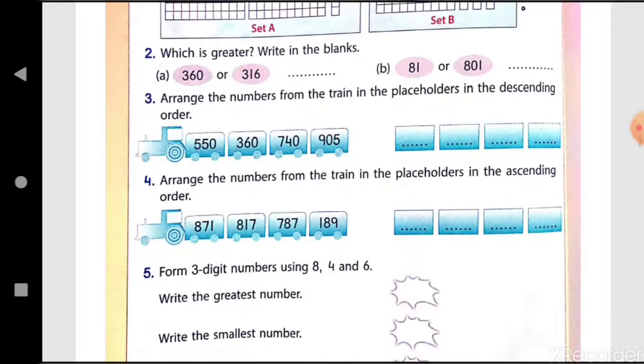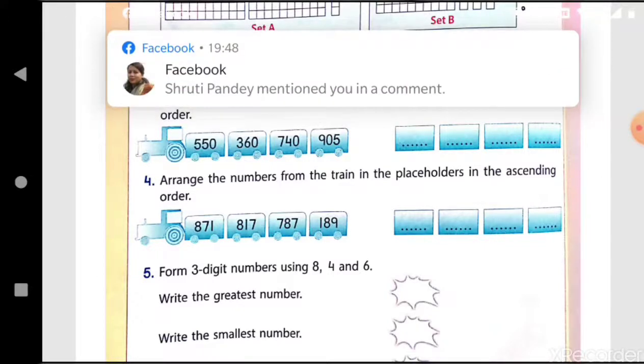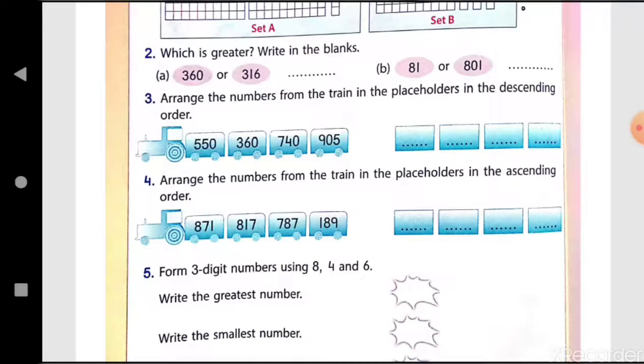Now next is arrange the numbers from the train in the placeholders in the descending order. Descending order is decreasing order. That means writing the number from greater to smaller. So out of these 4 numbers, 550, 360, 740, 905, we compare the digit at hundreds place. So first